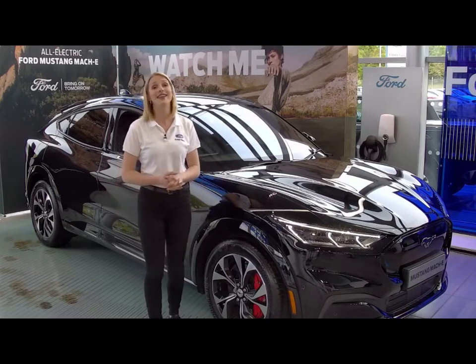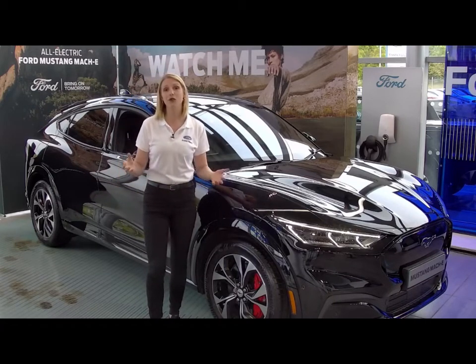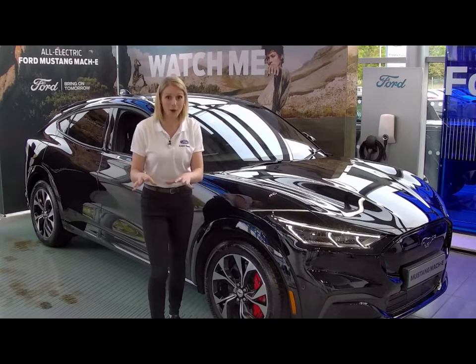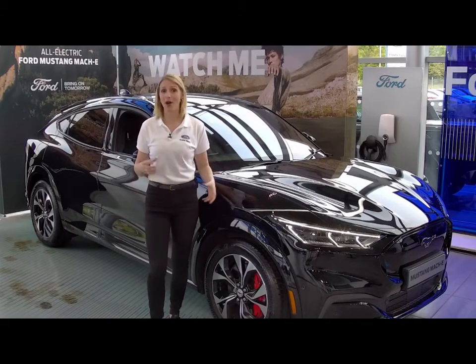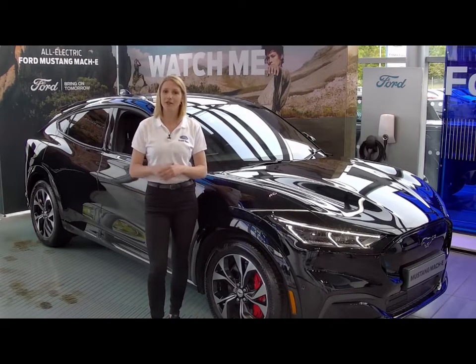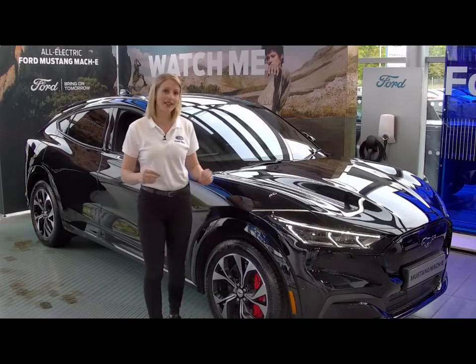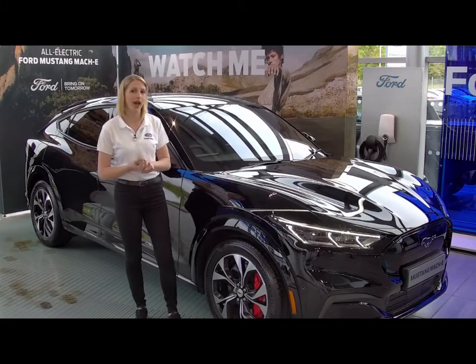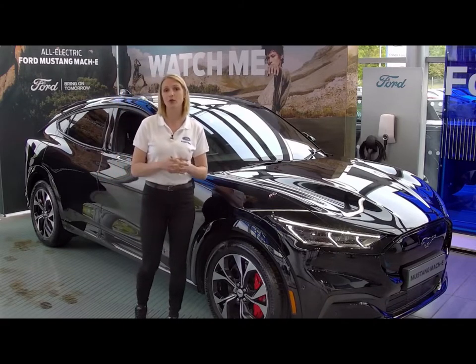It will become second nature, and you can get a full charge in as little as 10 hours. So that's at home. But what about when you're out and about on the road, when you're driving? Well, a number of options here as well. You have the Ford Pass app and the next gen sync system, which is in the car. I'll be telling you a bit more about that in a moment, but both of those will give you access